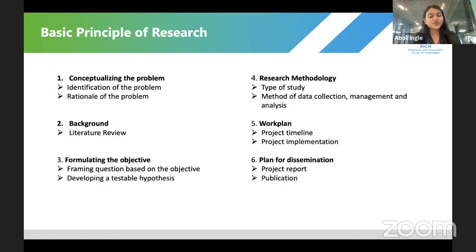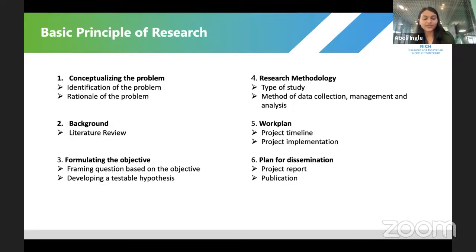So this is your general objective of research, that you want to understand the prevalence of hypertension in the population. So what will be your research question here? That what is the prevalence of hypertension in the population, in XYZ population? Let's say Hyderabad only. What is the prevalence of hypertension in Hyderabad?